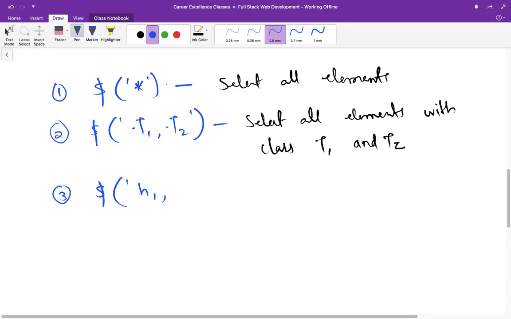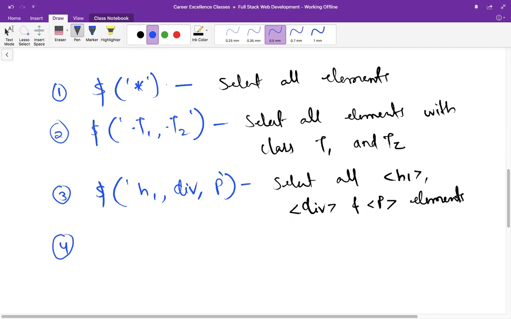Here we are using H1, div and P. It means that select all H1, div and P elements. The fourth one is a little bit different. So let us see what it means.